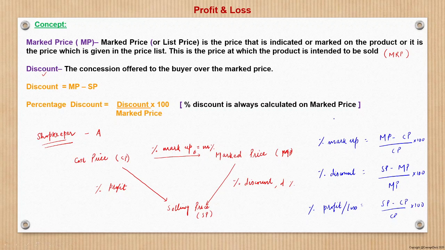Right? So these three definitions we already know. I mean, percentage profit and loss we already knew. However, here we have seen a new concept of percentage markup and percentage discount. What are those? Percentage markup is the marked price minus cost price over cost price, and percentage discount is the selling price minus the marked price upon the marked price. Right. So this way we have got to know about the marked price, discount, and the profit or loss percentage.